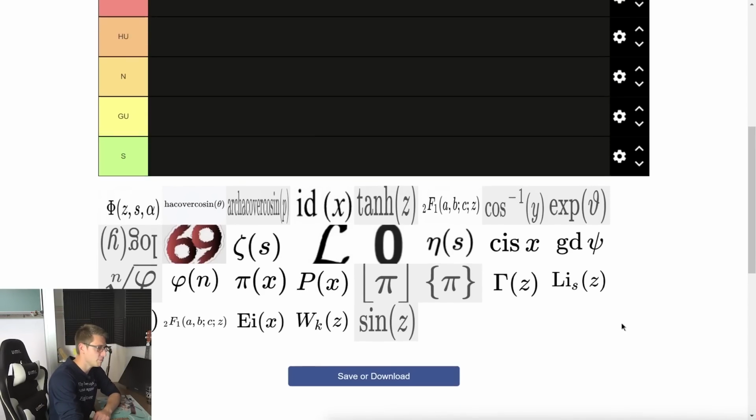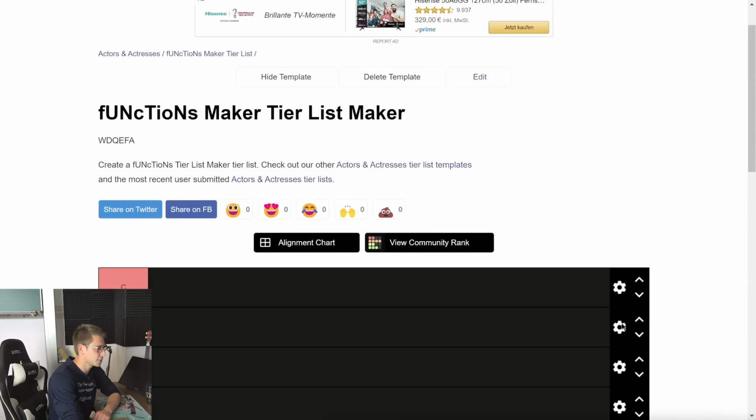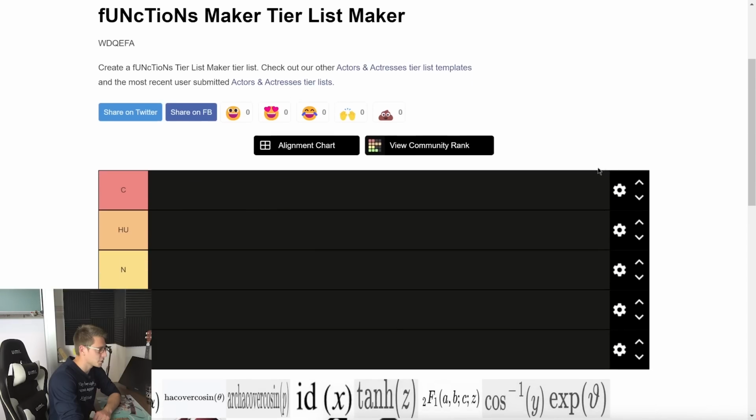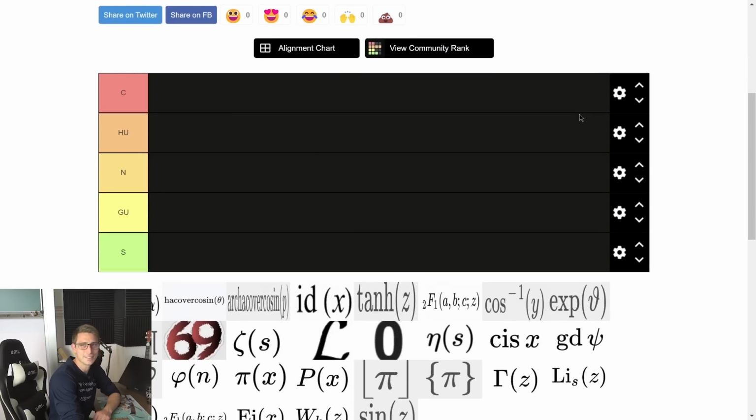So, mathematical functions tier list. Functions maker, tier list maker. This is what I called it, with a very, very nice description. You can find the link to the tier list in the description to sort them for yourself if you